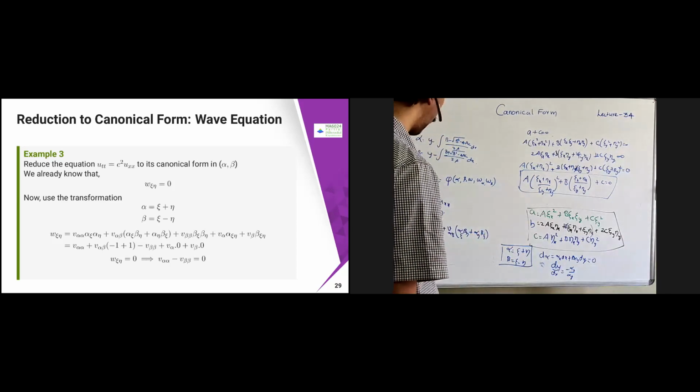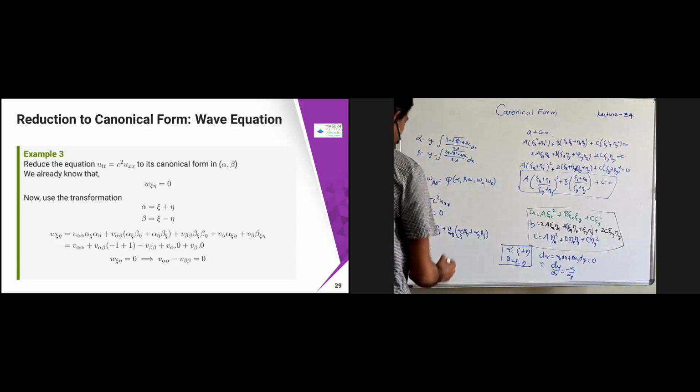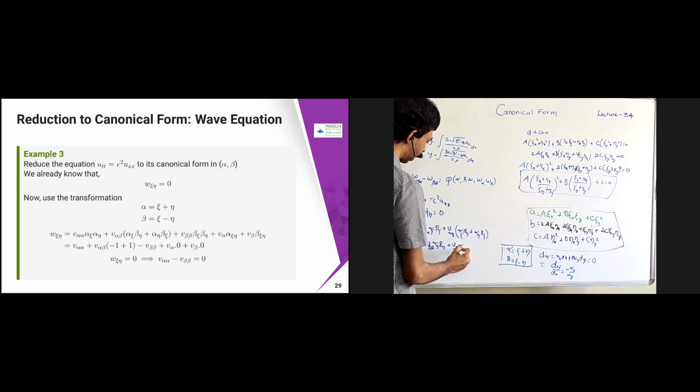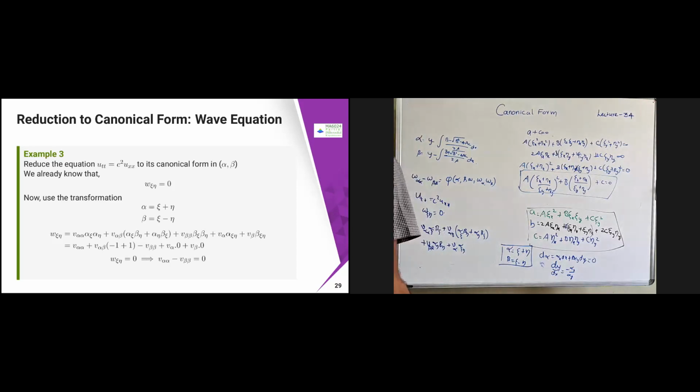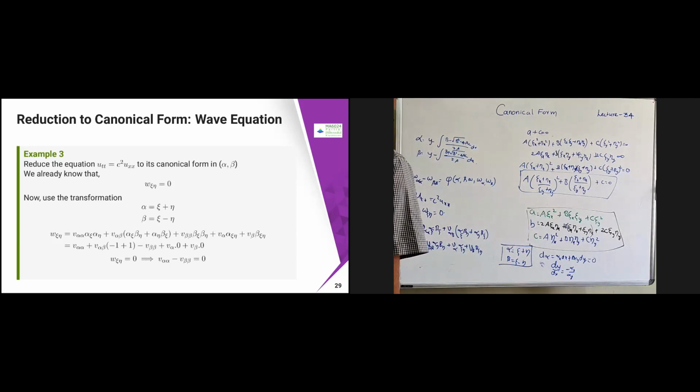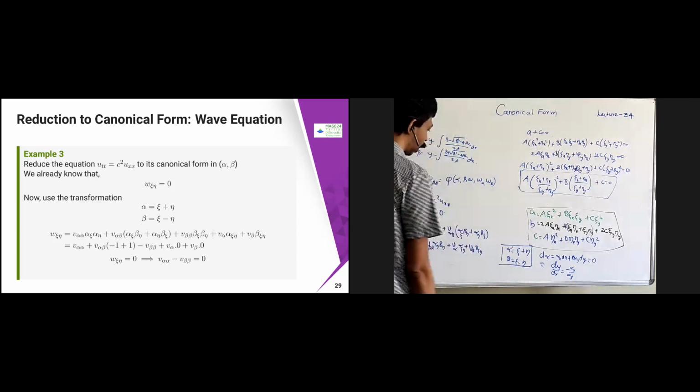Then similarly you have a similar term here, b beta beta. So in this case you are going to get alpha eta beta eta, plus you are going to get b alpha chi eta, I guess, I hope. Okay, alpha chi eta, and then b beta chi eta. Now we have alpha equal to chi plus theta, beta equal to chi minus theta.